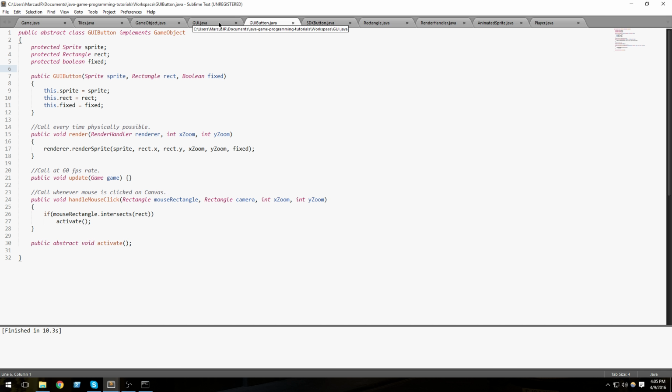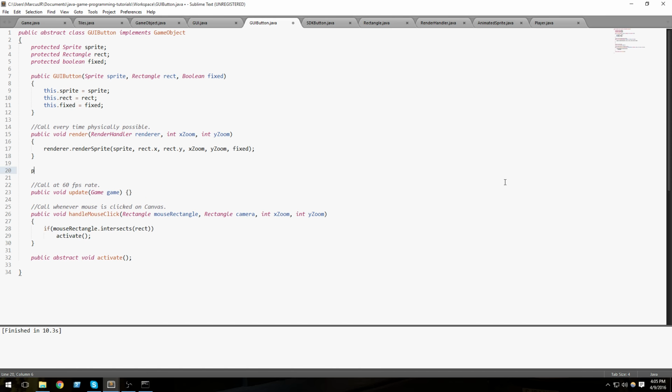Maybe what we do is, in GUI button, we make a different render method that just calls the other one once it's done. X zoom, int, y zoom, but also takes the x position and y position. Oh, I guess the